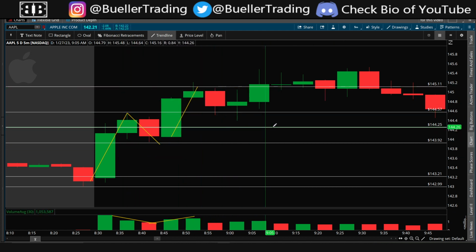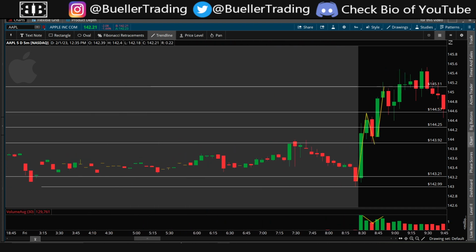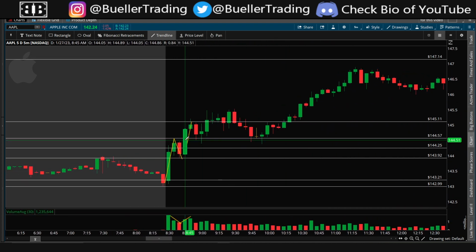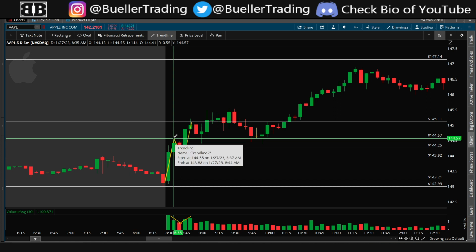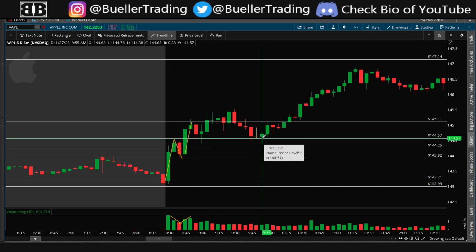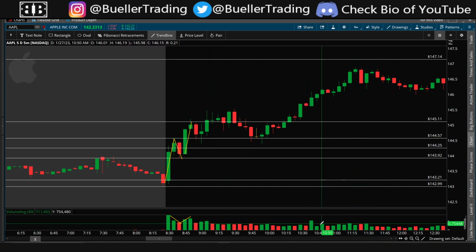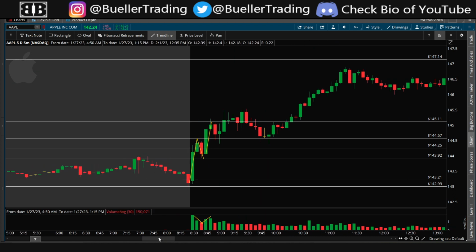9 EMA is probably curling under this. I'm not even going to turn it on, but 9 EMA is a really good short-term indicator to watch. And look where they end up holding. See how they kind of pushed up here, held as a reset, and then pushed through that 144.50s right here? Kind of the resistance of that first slowdown. Look where they end up holding later on. They end up holding right there and then continuing onwards towards the 147, which, in my humble opinion, you shouldn't